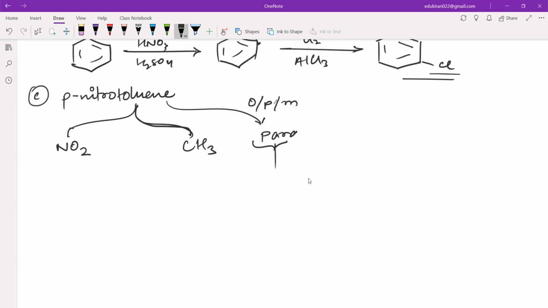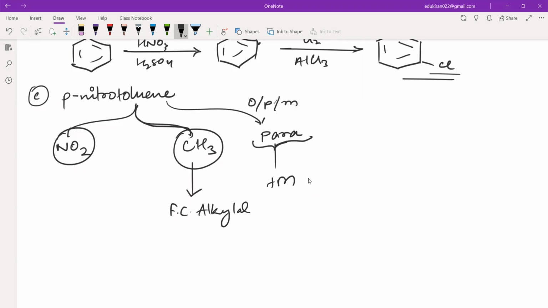पैरा है तो Plus M. वेरी गुड। तो टेल मी NO2 या CH3 पहले क्या ऐड करेंगे? CH3। अच्छा CH3 कैसे ऐड करेंगे? फ्रीडल क्राफ्ट एल्काइलेशन, ठीक है।